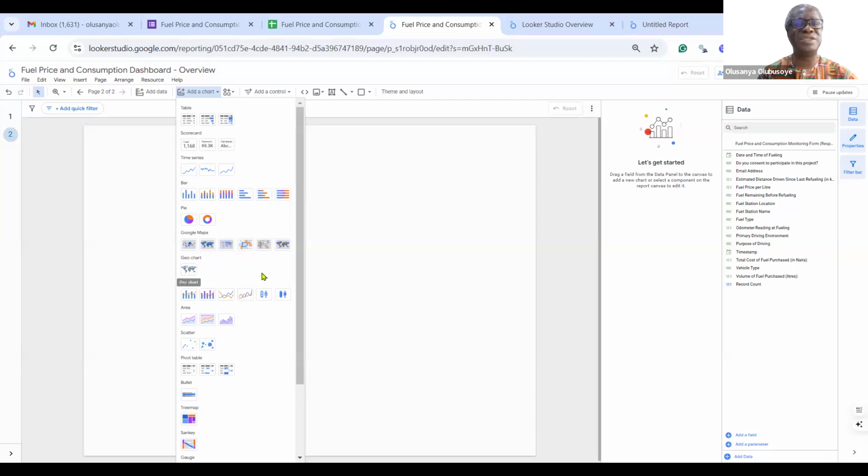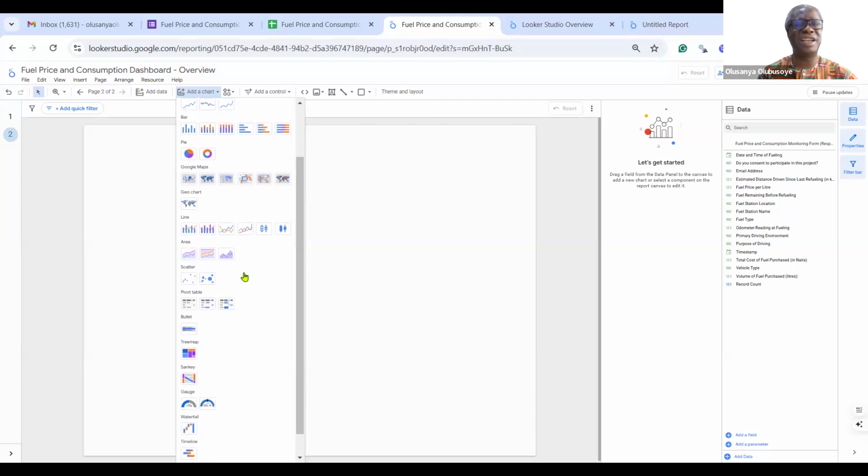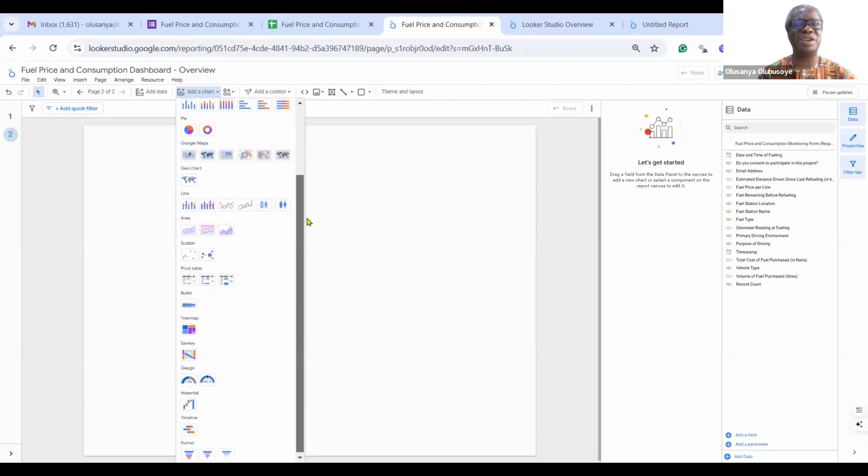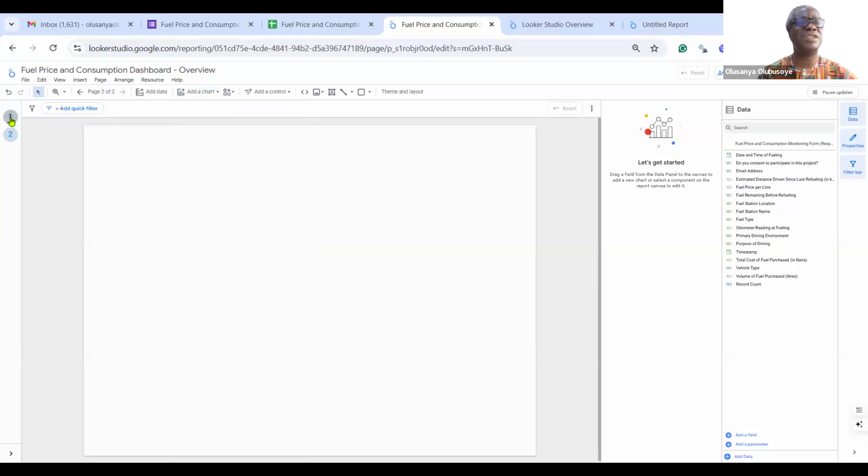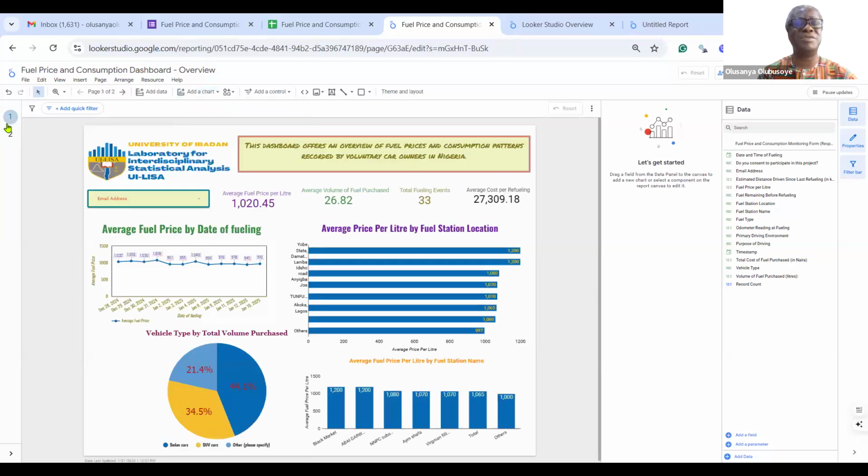You can also create geo charts, line chart, area, scatter, pivot, and so on and so forth. You need to learn how you build these charts. But let me go to the already created one.